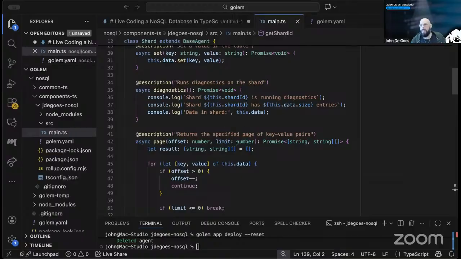Now, I don't recommend using Golem to build NoSQL databases because there's tons of distributed NoSQL databases out there, and they're very fast and they're written in systems programming languages like Rust and C and C++. So if you need a NoSQL database, use that. However, if you are building a distributed system, maybe it's agentic, maybe it involves using AI,